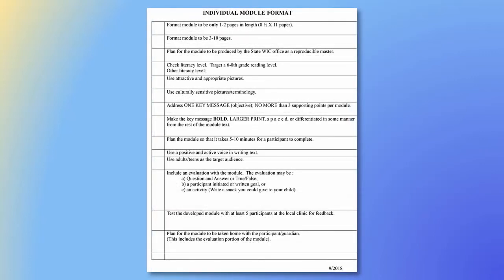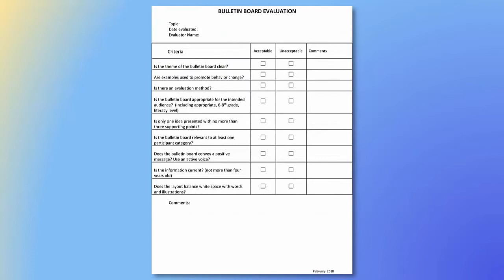For modules, use this form, Individual Module Format. Remember, if you are using the state modules, the disk, or SharePoint has all this information. You need only show that you have the disk or open SharePoint for your NASR during the management evaluation. What about bulletin boards? Well, use this form, Bulletin Board Evaluation. Don't forget,